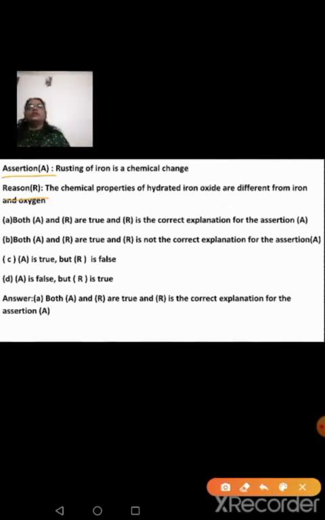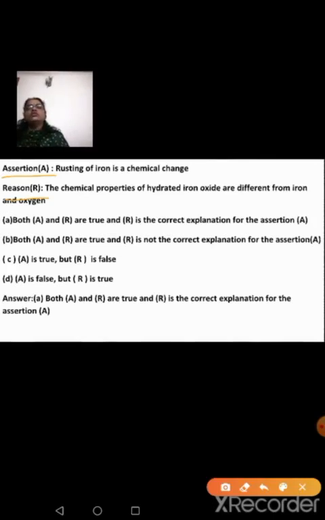Clear to you? Understood? Both assertion and reason are statements which, scientifically, can be right, can be wrong also. But you have to judge whether for the given assertion the reason is proper, or whether both are wrong or both are right. Whatever is given under A, B, C, D, those options you have to go through and accordingly you have to choose one. As I said, A is true but R is false.